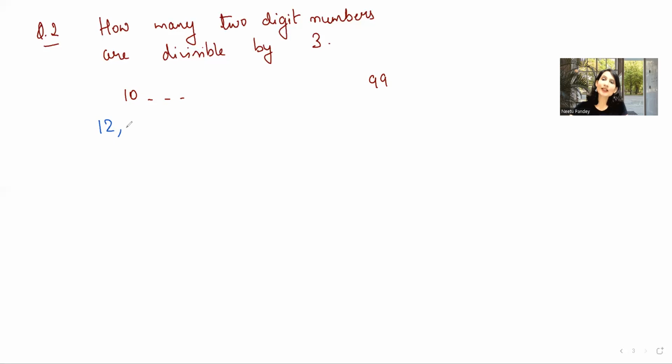So 12 होगा. 3 4s are 12, 3 5s are 15, 3 6s are 18, 3 7s are 21 and it will continue. क्या 99 3 से डिविजिबल है? बिल्कुल है. So 99 हमारा लास्ट टर्म हुआ. सो ये फिनिट सीरीज हो गई ना, फिनिट एपी हो गई, हमने डिस्कस किया था लास्ट सेशन में. फाइनाइट एपी में जो a है फर्स्ट टर्म वो 12 हो गया और कॉमन डिफरेंस है वो 3 होगा. Still we can check always 3, right.